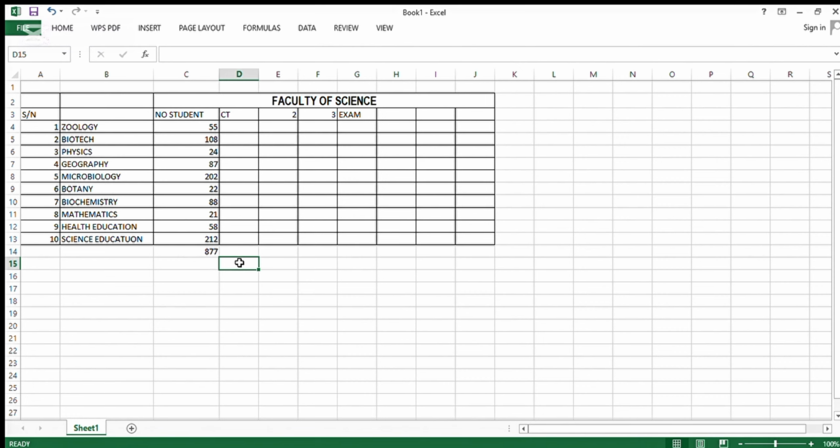So what to do to subtract is, let me just say we want to subtract the zoology department from the total value. Yes, zoology department from the total value. So zoology department is